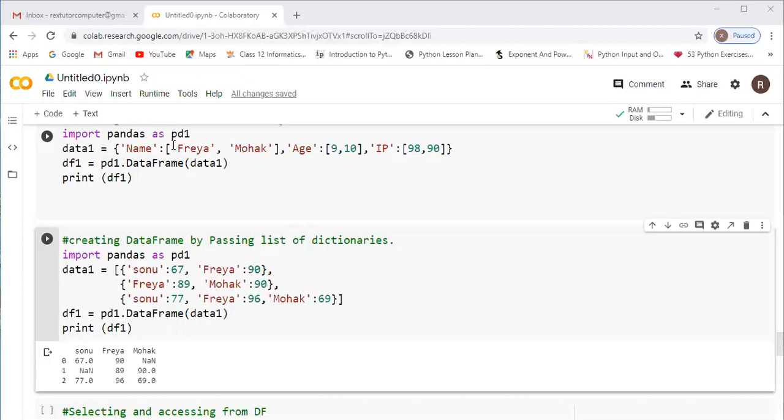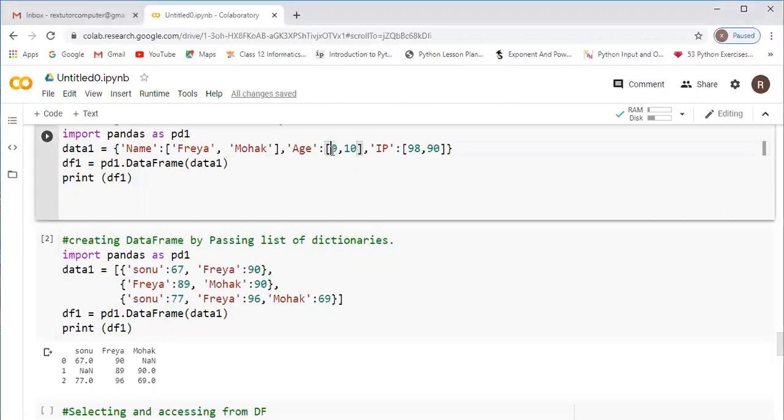If it is a varchar data type, or we can say string data type, in SQL it is called varchar, and here it is a string data type, meaning within quotes you have to specify. If it is an integer or a numeric value, you can just type it directly. So data1 is equal to the curly bracket, within quotes name is colon, then Freya comma Mohak, and we close that with a square bracket, comma, then age is the key for those two records. Freya's age is given as 9 comma 10, then IP mark is given as 98 comma 90.